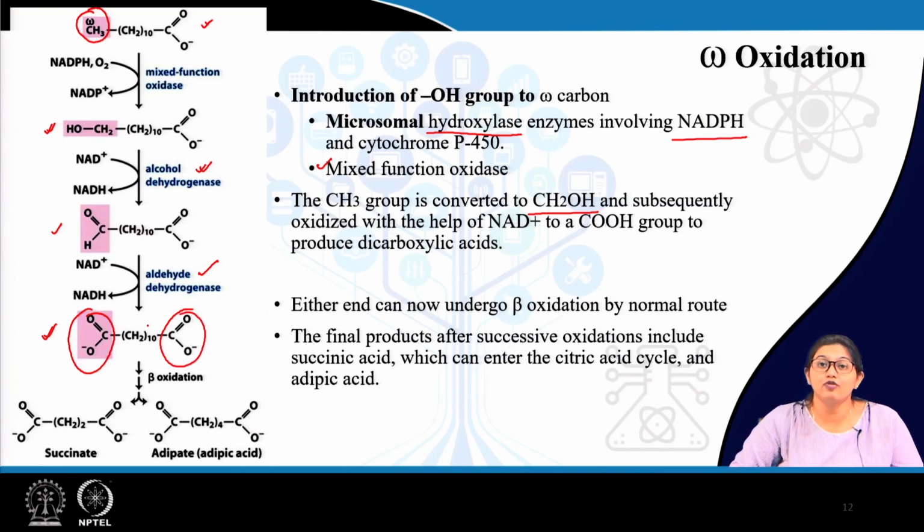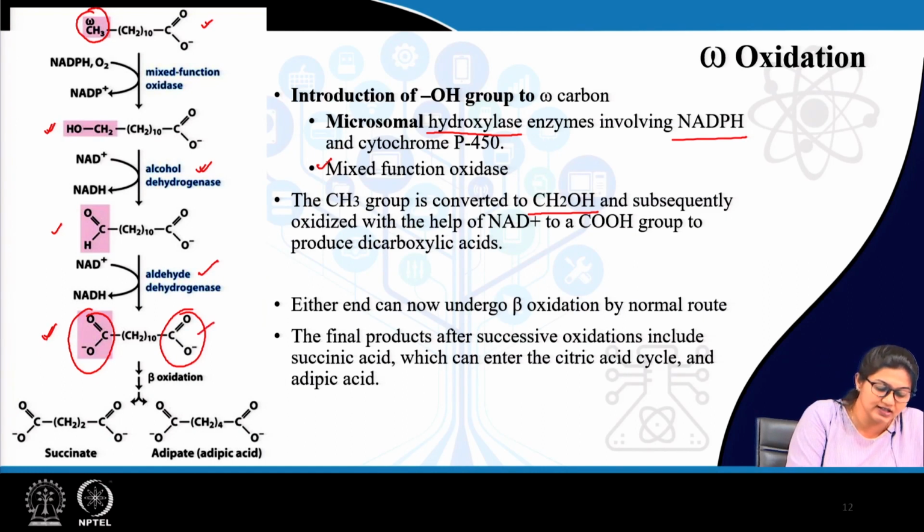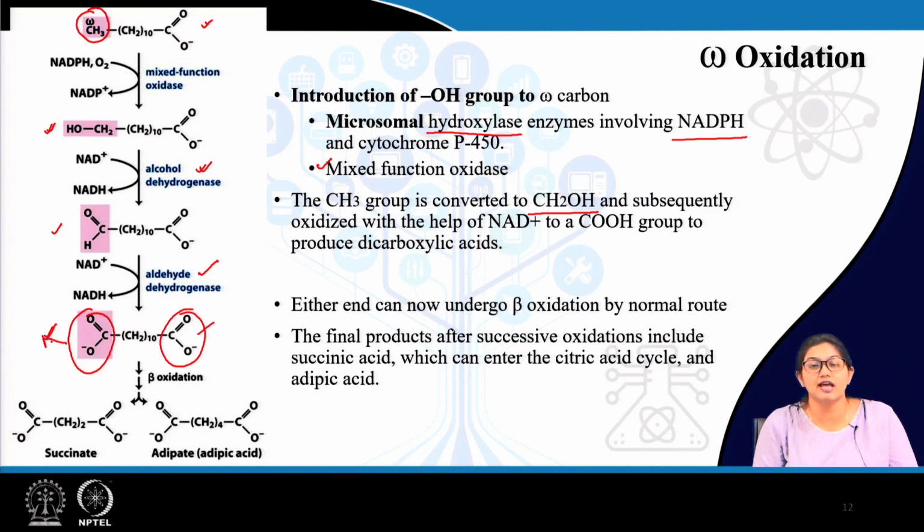So, basically we are getting a dicarboxylic acid. Now, this dicarboxylic acid can be activated from both sides. So, these carboxyl groups on both sides can be activated, forming coenzyme A or acyl derivative of fatty acid,